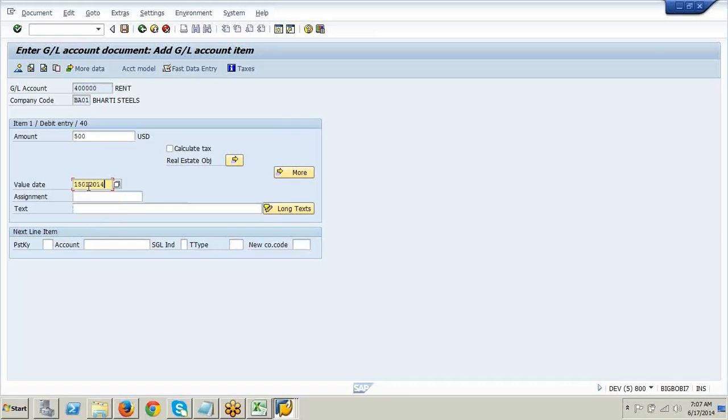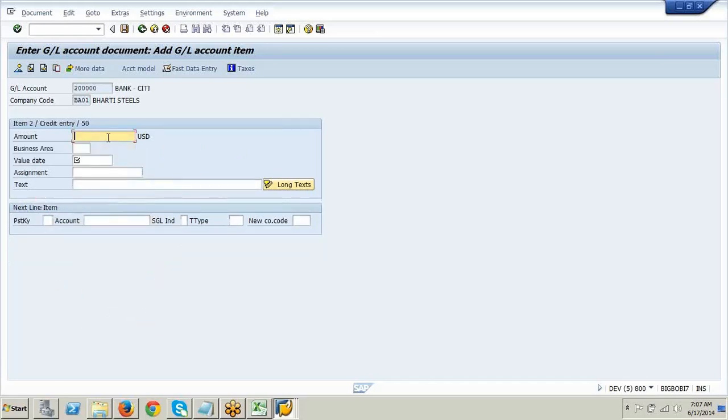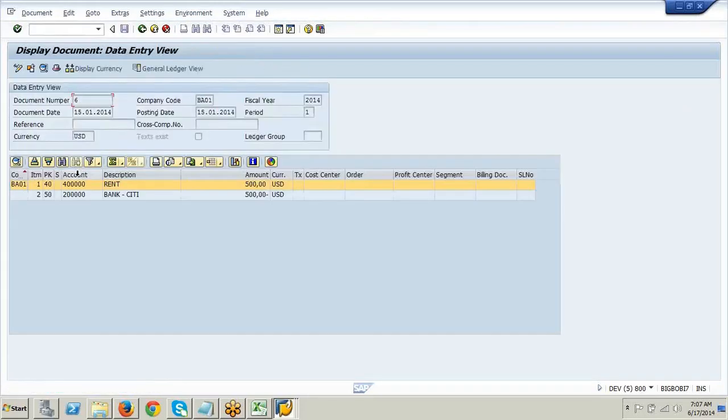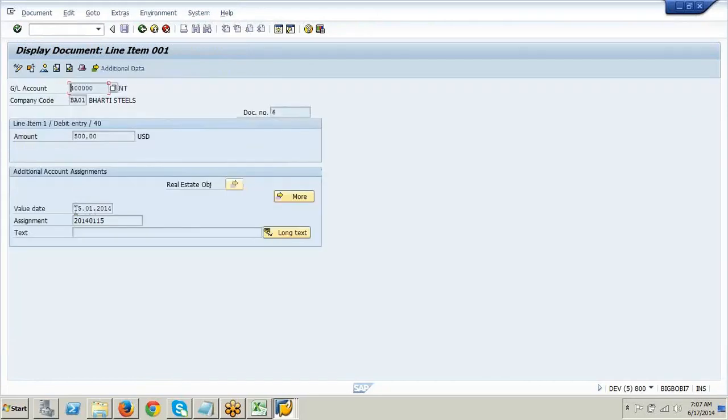The 10th is one, the 15th is one, right? I'll save it. Display. I'll double click on this. It is updated as per the posting date, whatever posting date I give.